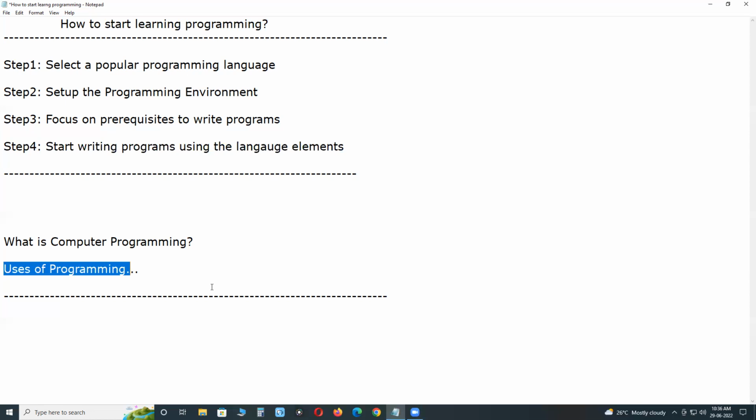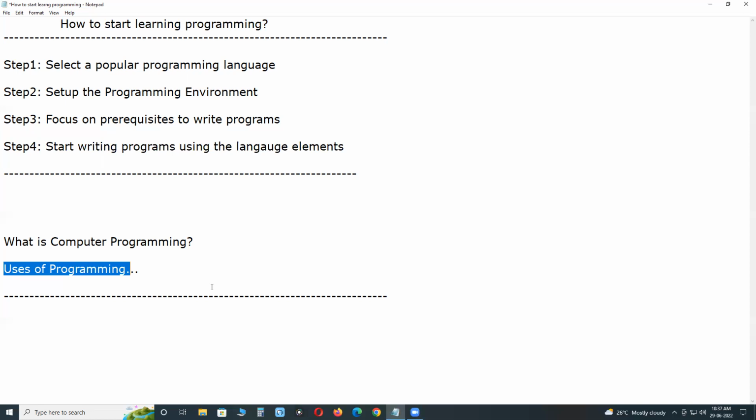Computer programming is used to develop system software and application software like banking software, insurance software, e-commerce software, ERP software, etc. In addition, it is used to write automated test cases and perform other tasks like network administration, system administration, etc. And one more thing, in the IT industry, non-coding job roles also exist.